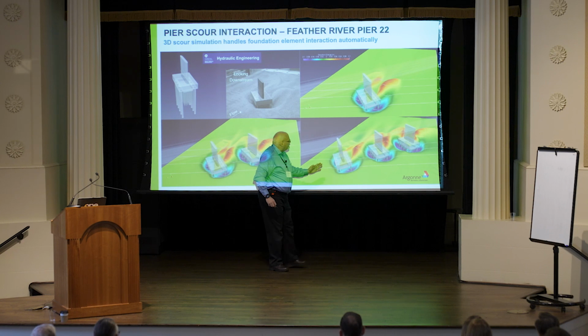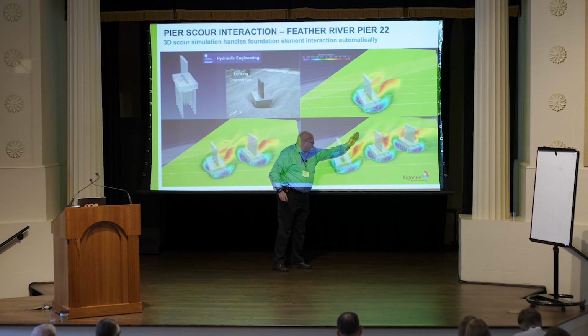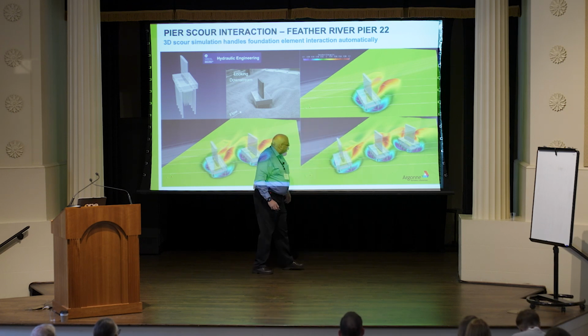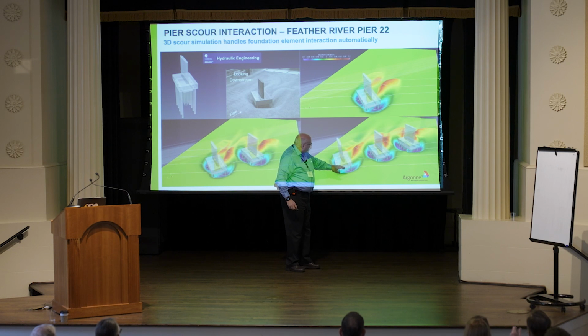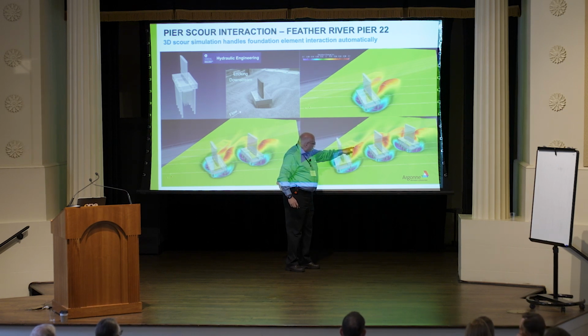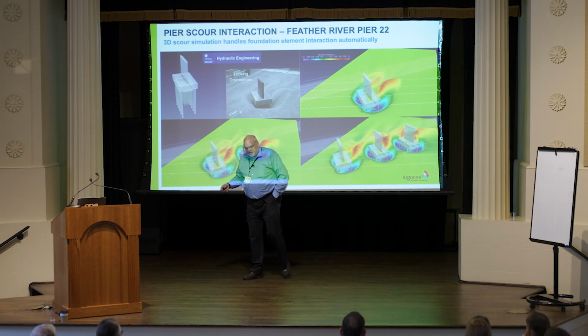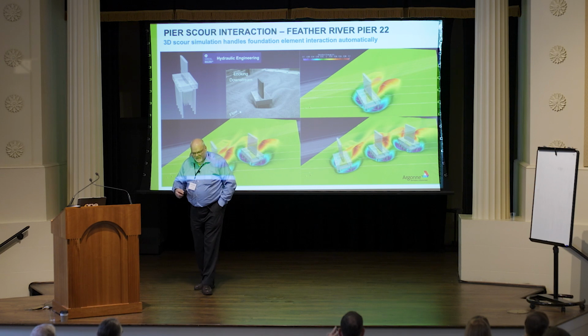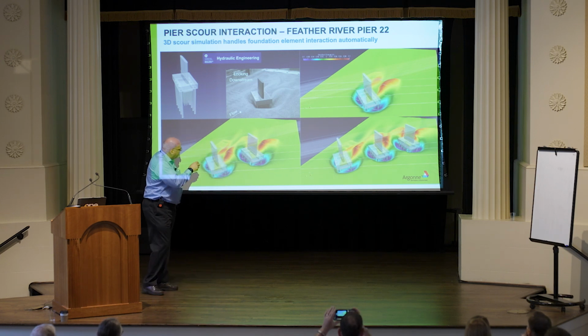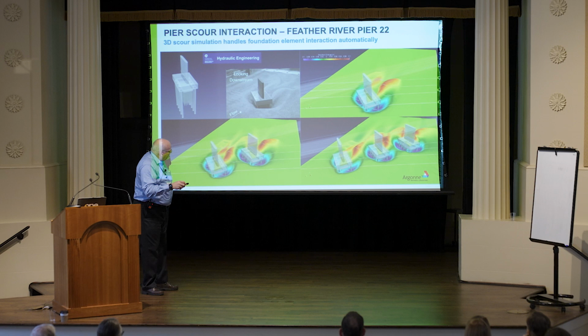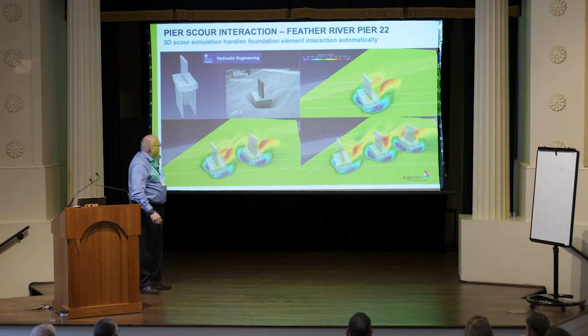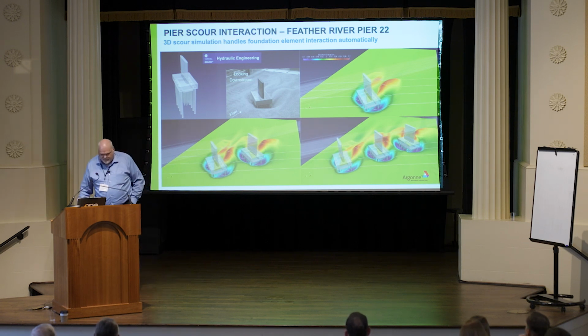So the flow comes from here, but because these piers act like vanes, you also direct the flow around. So the material that gets dug up here piles up here, but then this slope is always the angle of repose because of that sandslide algorithm. So material gets transported out of the hole, builds a hill, slips down into the next scour hole, and then gets picked up again and moves out to the position behind the next pier. So this kind of stuff can all be caught with the software.